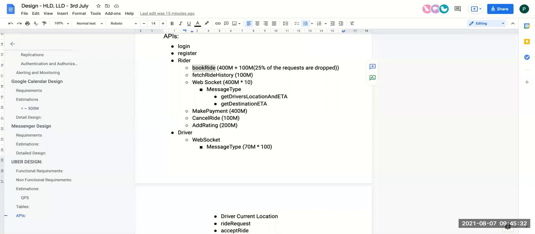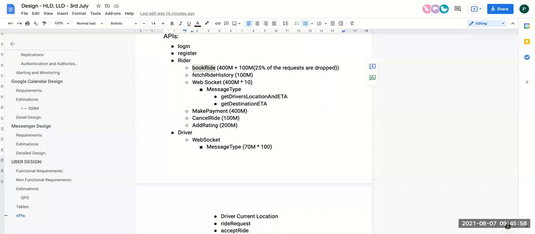So whenever we list down the APIs, generally we list down the APIs for the front-end service. Now these APIs will be further distributed in the microservice architecture, like we are following a microservice architecture. So these are the APIs which I've listed down for the front-end service. These will be further distributed into separate but very similar APIs in each of the small services.